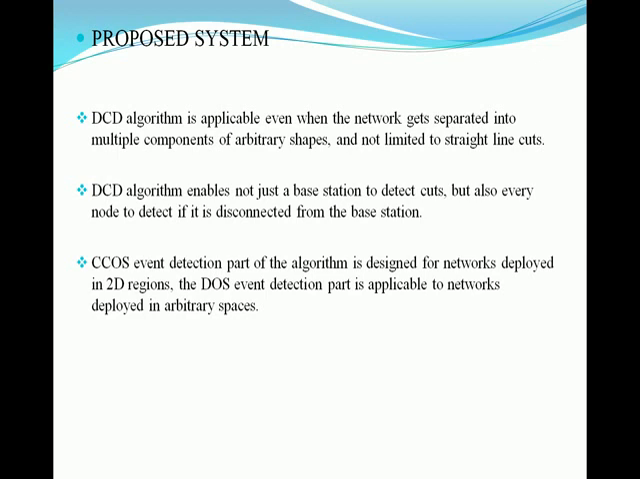The drawbacks that our existing systems have were explained in the previous slides, and this is what we propose. DCD, what we call the distributed cut detection algorithm, is applicable when a network gets separated into multiple connected components of arbitrary shapes, not just straight line cuts. It doesn't need to be a straight line cut or a particular cut in the sensor network. The main approach here is DOS and CCOS. DOS is disconnected from source, and CCOS is connected but a cut occurs somewhere. These two modules